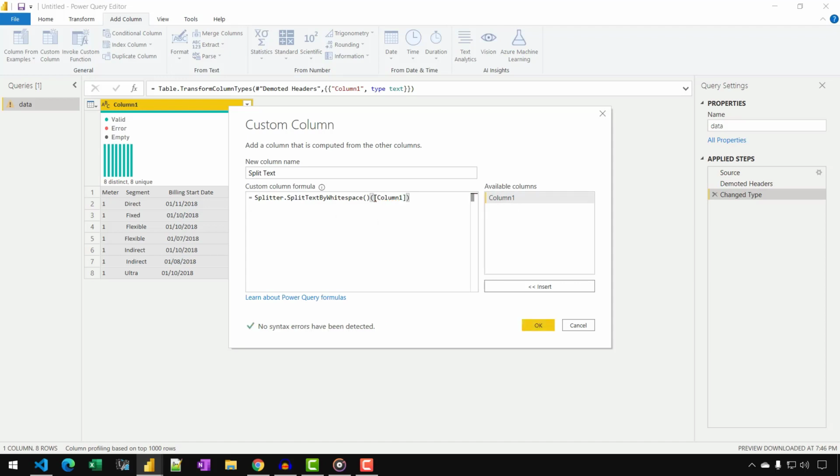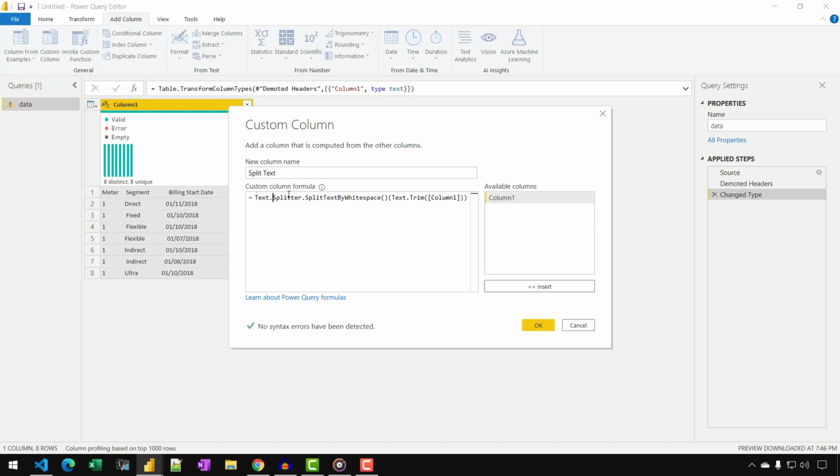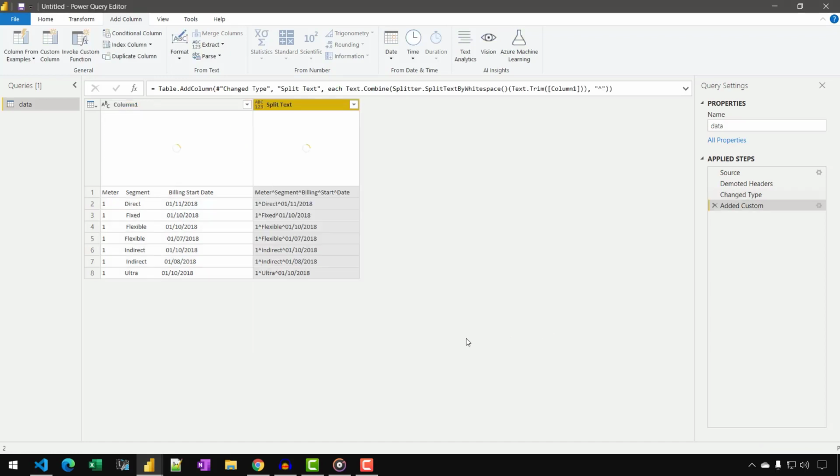And I need to make sure that I'm also removing the trailing space, so I need to write Text.Trim. Now we need to combine the value that we have received, so I can write Text.Combine, open the parentheses, pass in a delimiter which is tilde, and close the parentheses, and that's it. Let's click OK, and we have our final string.